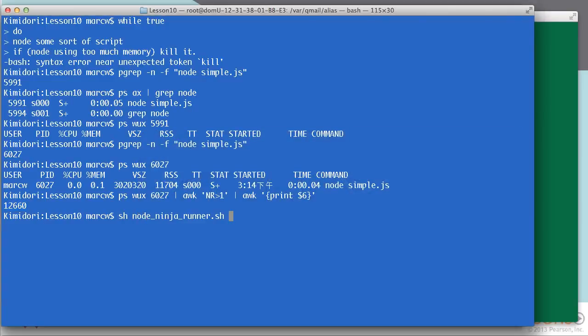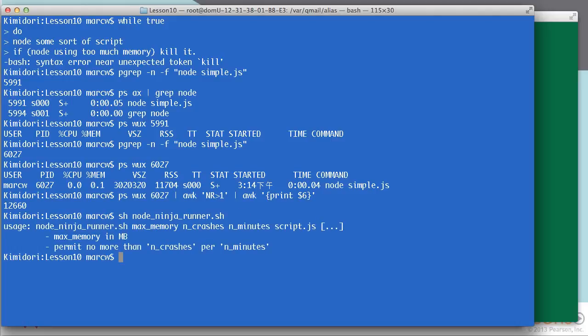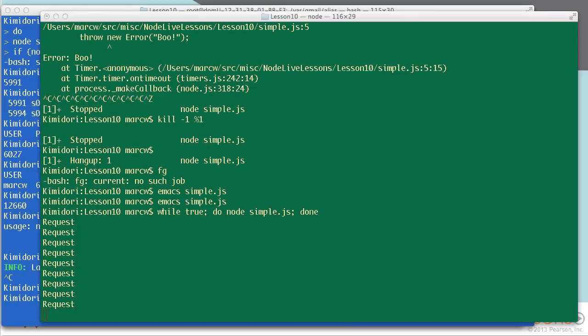You can say node. If I just run it without any arguments, you'll see it says what's the maximum memory, and then how many crashes in how many minutes am I willing to tolerate. So let's say sh node ninja runner. This can't take more than 15 megabytes, and I'm not willing to tolerate more than 10 crashes in 1 minute, and then I'll run simple like that. And then you'll see here just oopsie, but no,